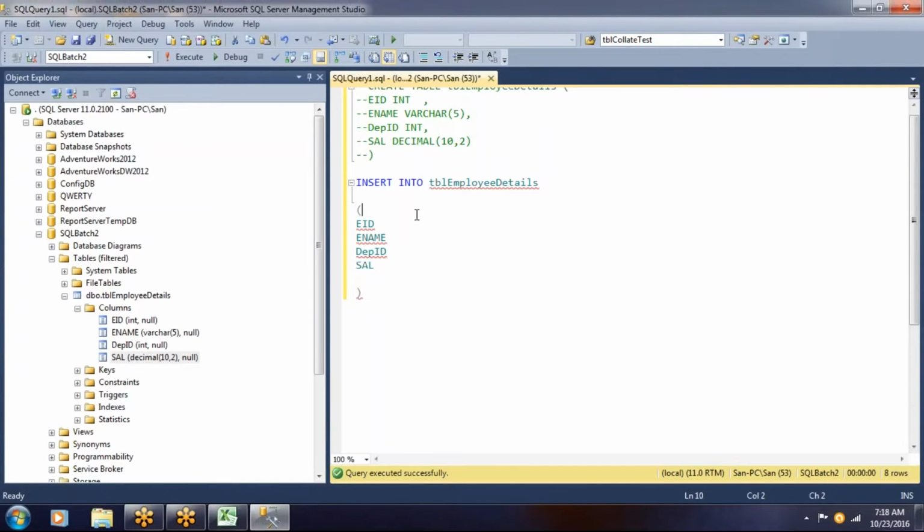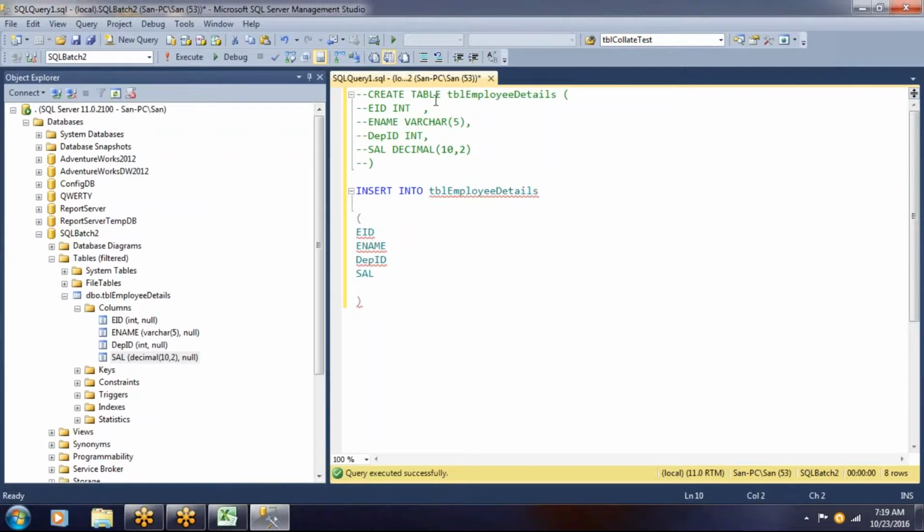Whenever we define a table structure, if you are not mentioning explicitly whether a column is not null or null, then implicitly it will take it as null. Whenever you insert data into this table, the column value could be null unless you specify not null.